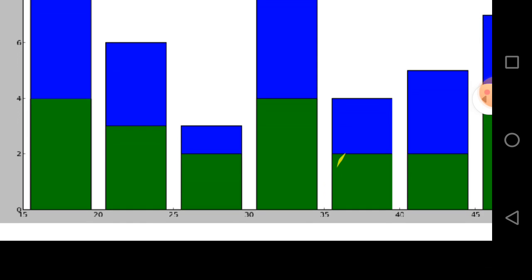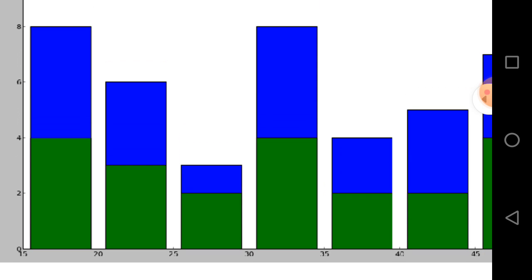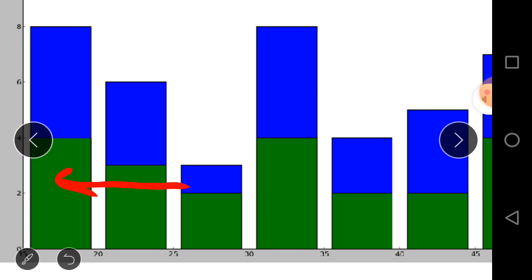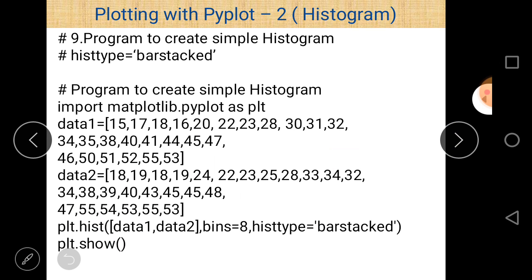Green color is marked with 2 points, so you can say green belongs to 2, and blue belongs to 1. And why is it so? It is because in the program we can see that there are different ranges for different intervals.